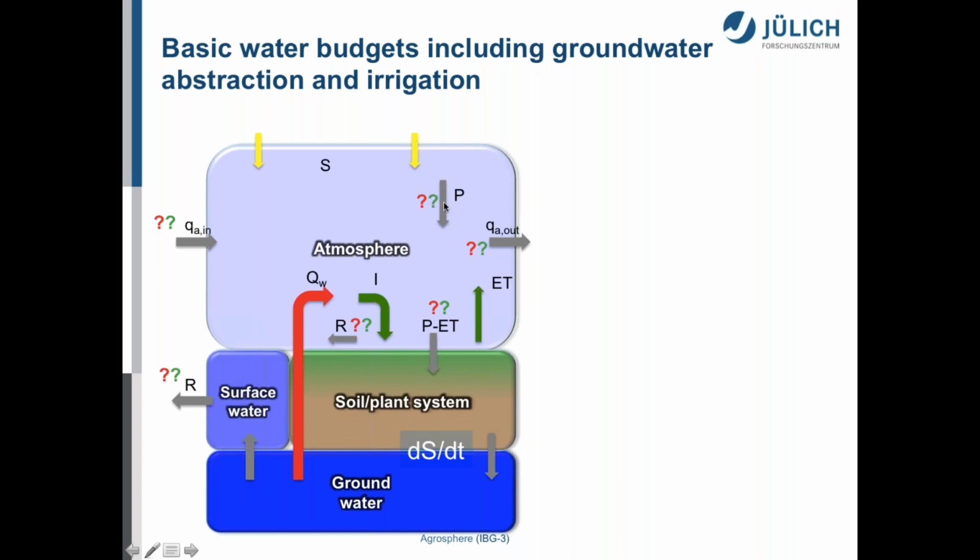So what happens to precipitation at the local scale, and also on the regional scale? What happens to the divergence? Meaning, do we increase transport of water vapor, or do we decrease it? The same is true for continental runoff. Do we decrease or increase it? So there are many question marks on this figure, which we then try to address with our simulation. So now let's go to the balance equations again. What we do now is introduce groundwater abstraction and irrigation, and I indicate the storage change here